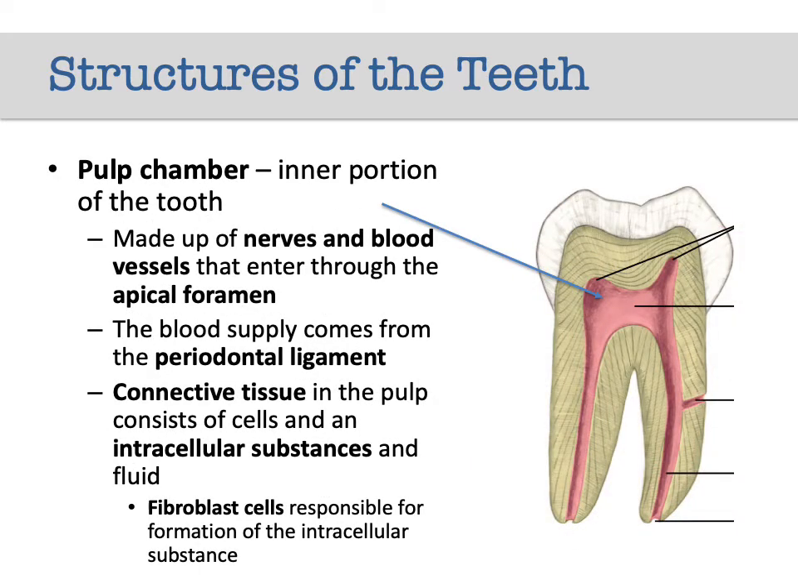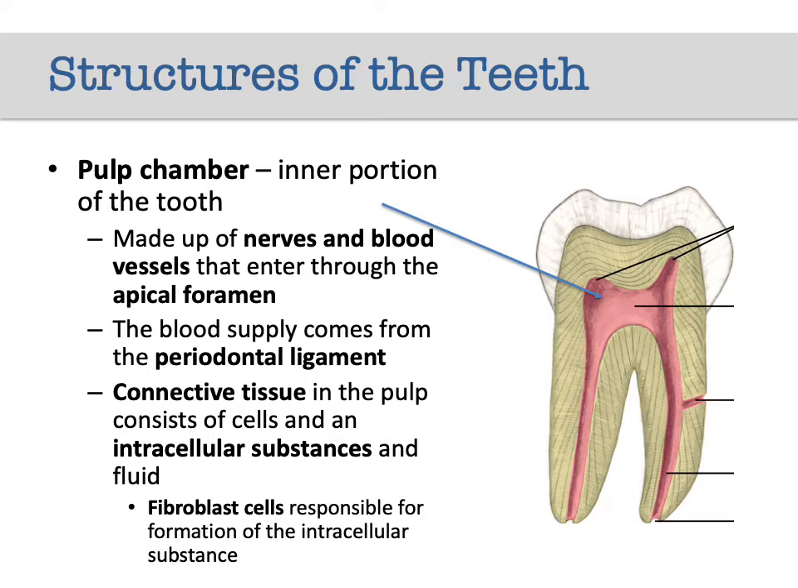Now we'll talk about the pulp of the tooth. The pulp is basically the life of the tooth. The pulp chamber is the inner portion of the tooth. When you look at this photo, you see the pink part. The whole pink part is pulp. But the part that's closest to the crown, the little cave in there,